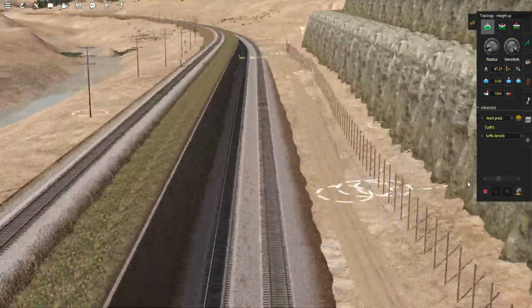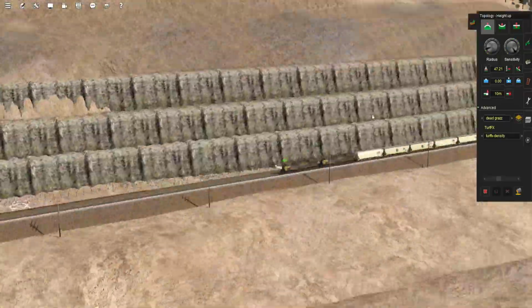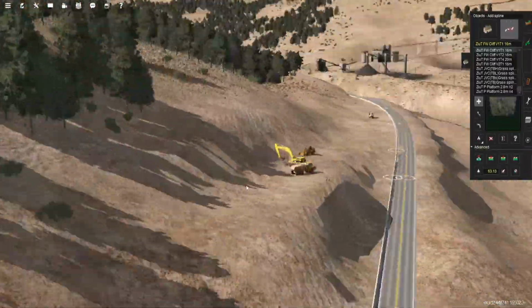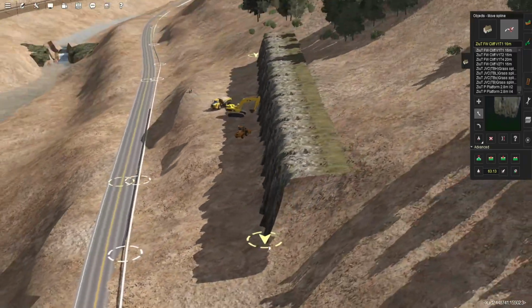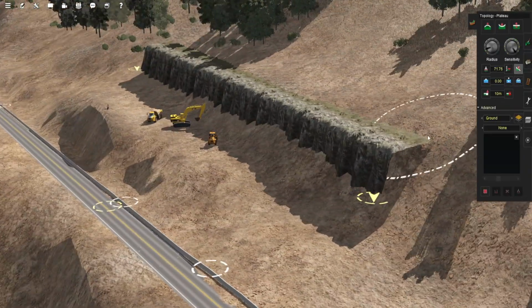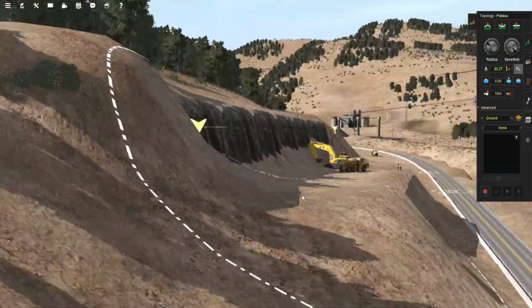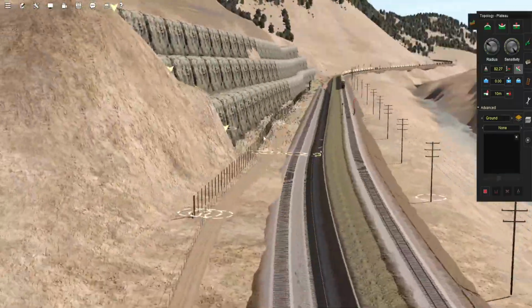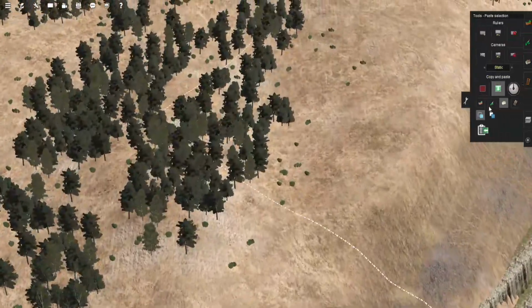Now, we ain't got too much further until we get to our first city on the Utah Belt. And for those that are really curious of how big the Utah Belt is going to be, I'm pushing for at least 25 to 30 miles of mountainous railroading in the foothills of Utah with a couple of branch lines and